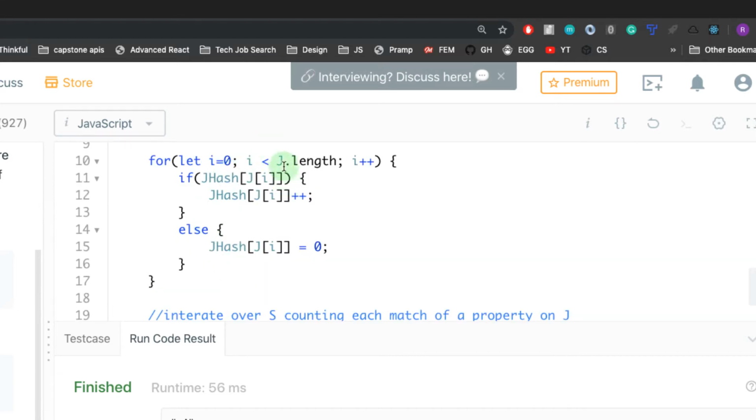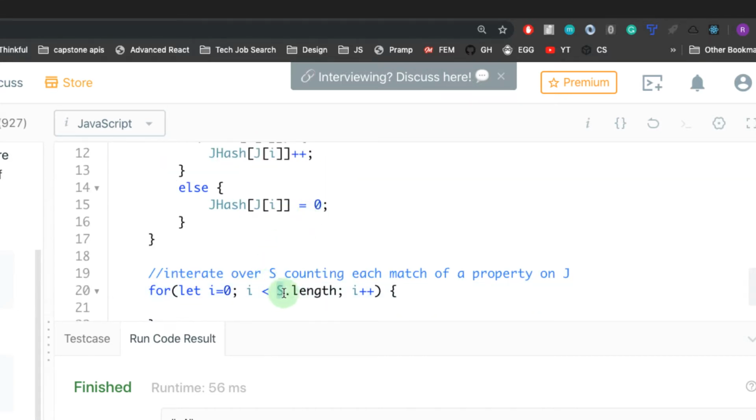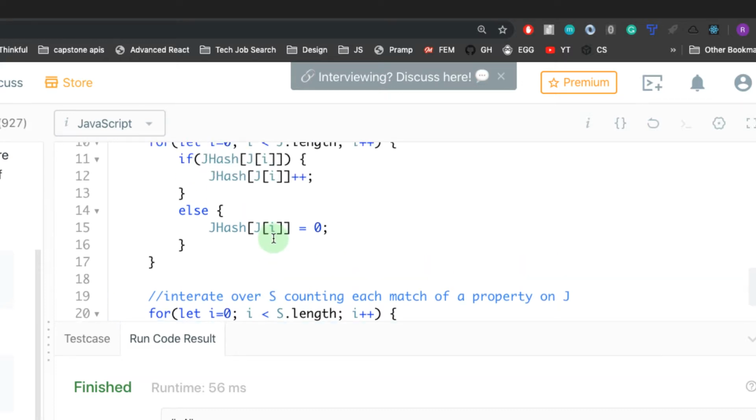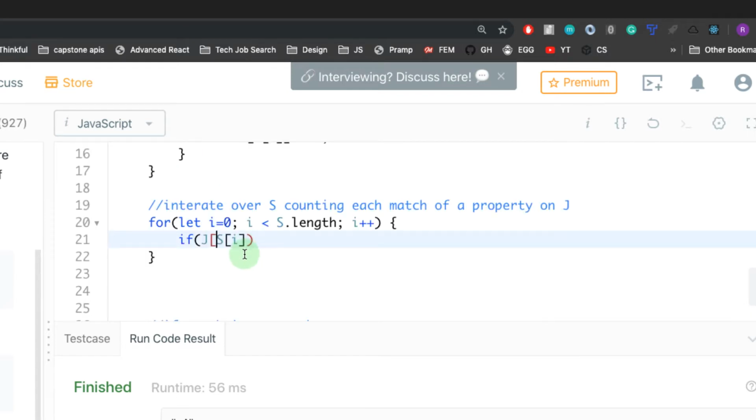We're using j in the previous one, and in this one we're gonna use i for S. Okay, so let's go ahead, and the first value is going to be the first one in S. And so what we'll want to do is we'll say if s of i is, actually we'll also search jhash again. We'll do kind of the same search thing we did up here to see if it's present. So if jhash,